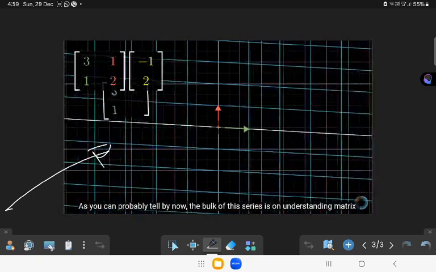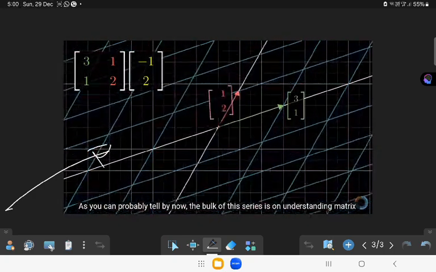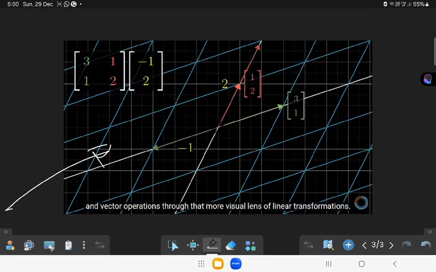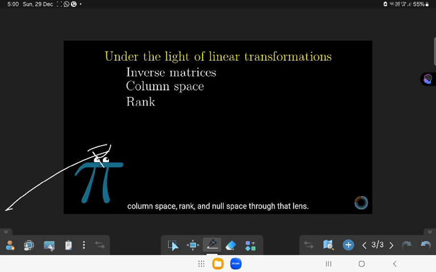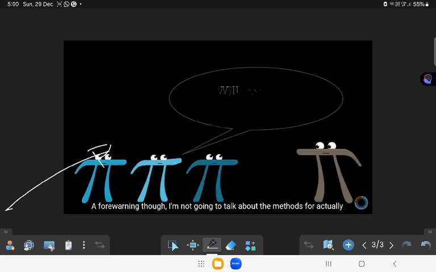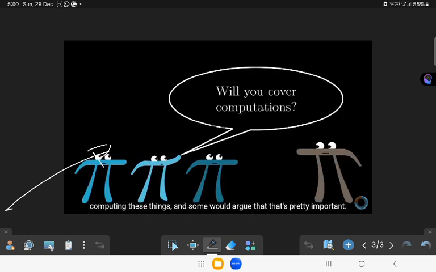As you can probably tell by now, the bulk of this series is on understanding matrix and vector operations through that more visual lens of linear transformations. This video is no exception, describing the concepts of inverse matrices, column space, rank, and null space through that lens. A forewarning though, I'm not going to talk about the methods for actually computing these things, and some would argue that that's pretty important. For this